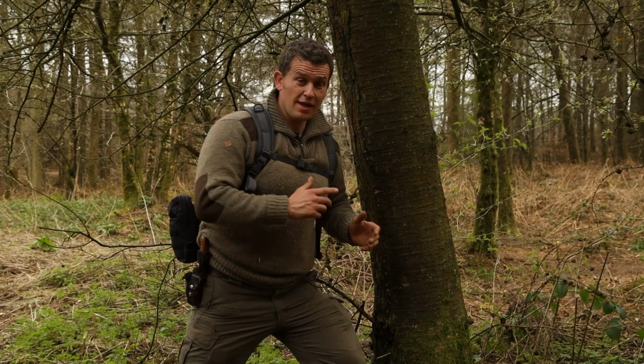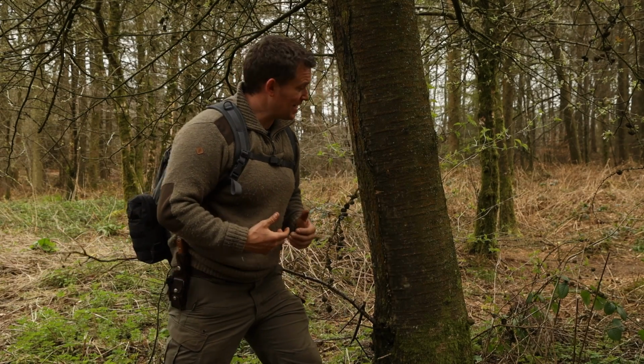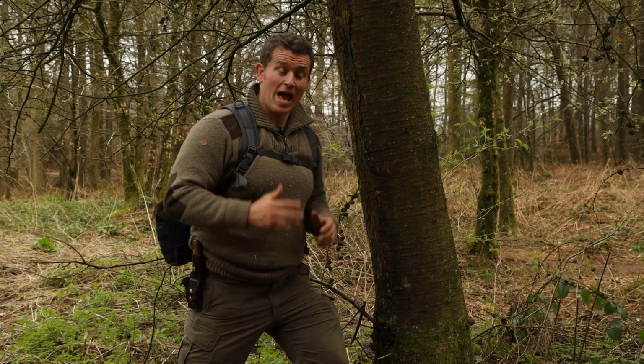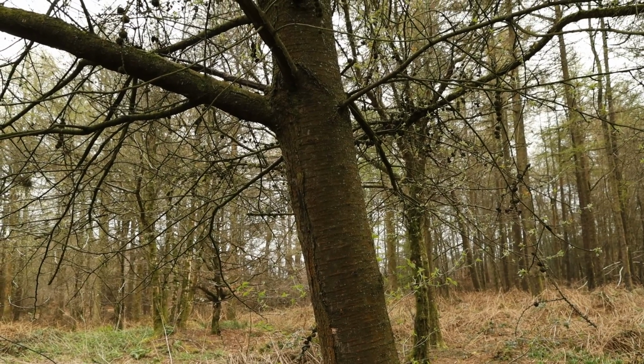See yet more skills like tapping this tree for sap and for fluid as a survival technique. So guys, this is another fantastic alternative to your fatwood for getting your fire started, and it is the cherry. Anything in this prunus family usually has its telltale signature